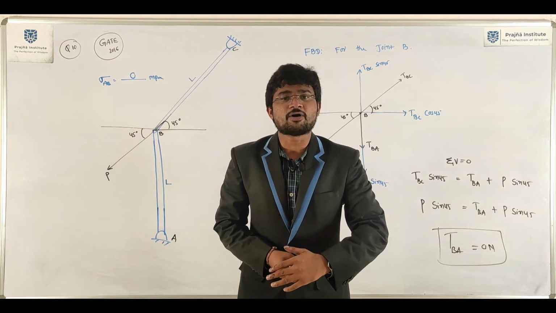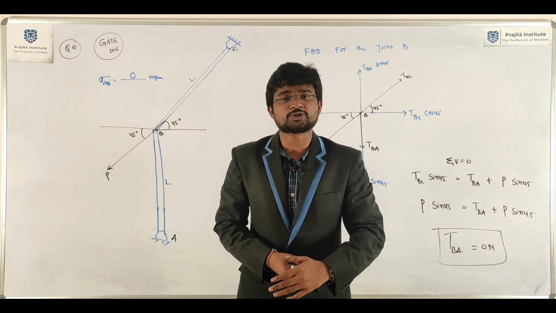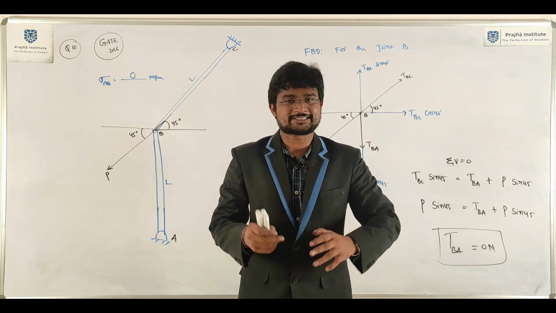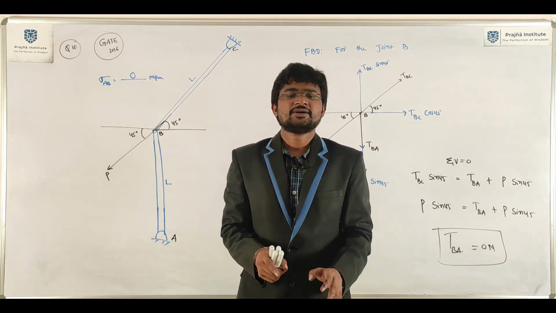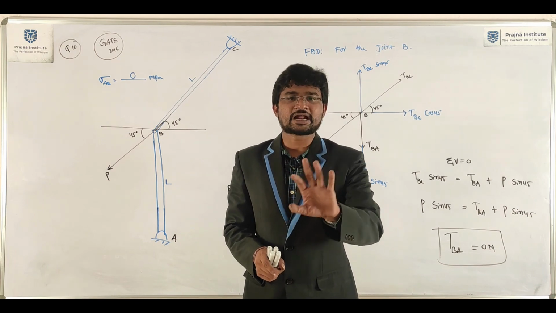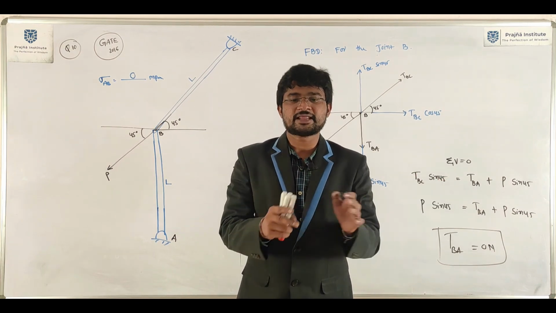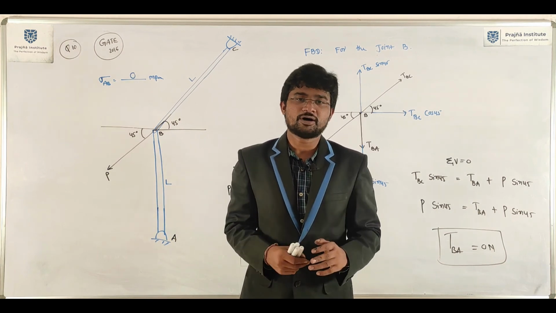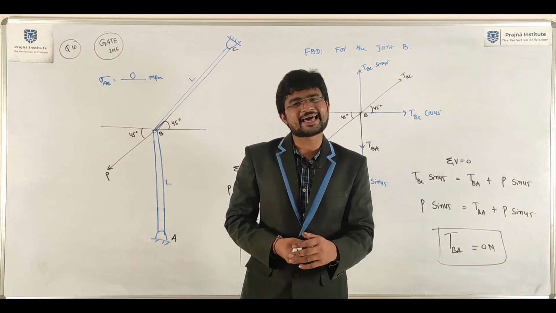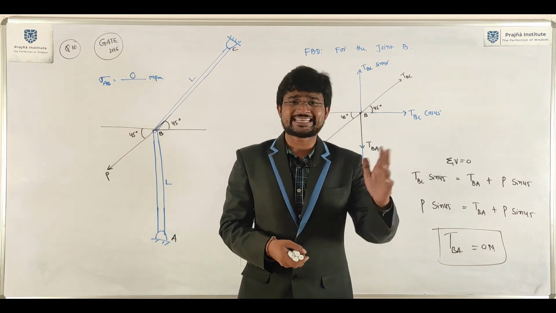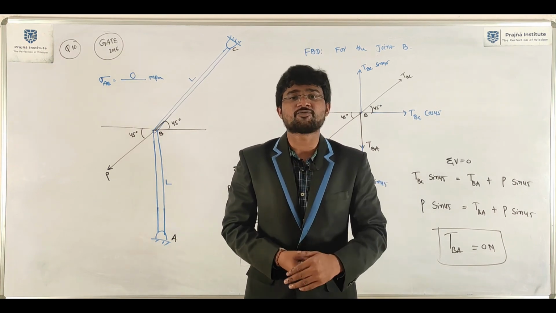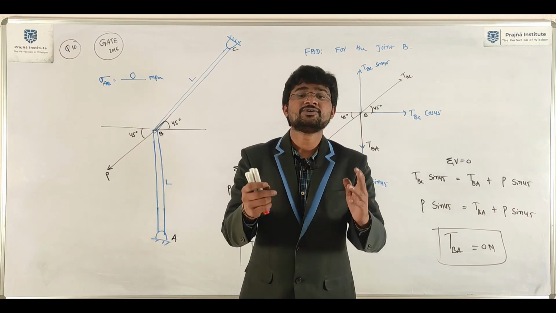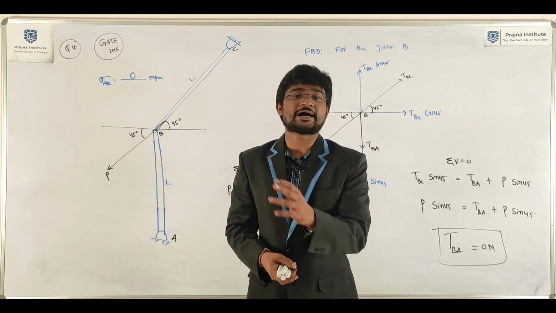This is all about some of the previous year GATE questions on free body diagrams for the system of blocks. The only thing here is to remember the table and draw the free body diagram in a proper way, then apply equilibrium equations, then you will get the unknown. So this is very simple actually. Try to follow the table while drawing free body diagrams for systems of blocks, rulers and pulleys, and finally the free body diagram for a spring mass damper system.